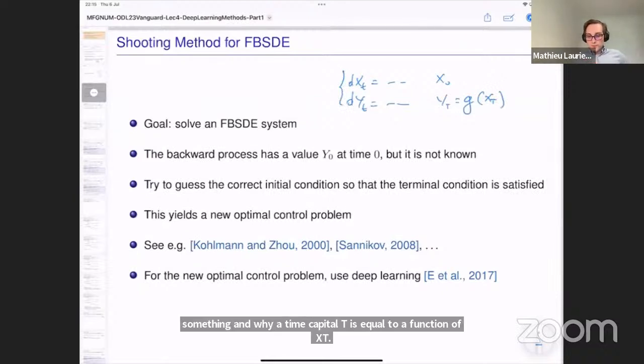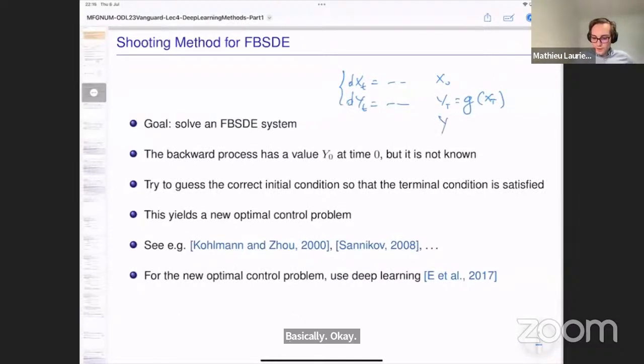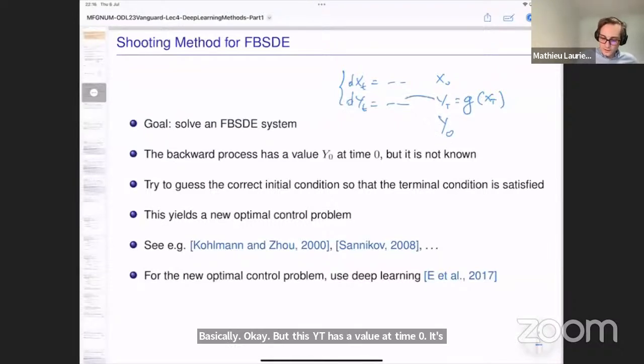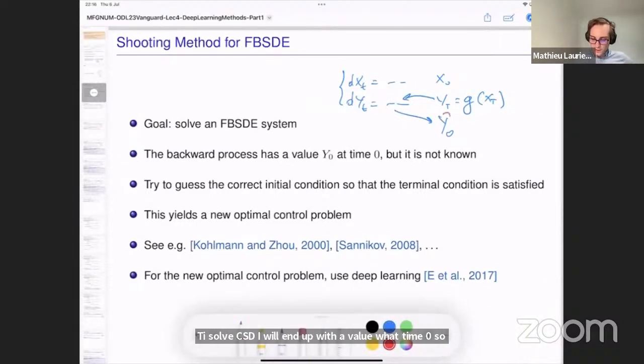Okay, but this Y_t has a value at time 0. It's just I don't know it, right? But if I start from terminal time and solve the SDE, I will end up with a value at time 0. So maybe what we can try to do is to guess the value of Y_0, because if I have Y_0, then it becomes a forward equation. I can solve it forward in time. So this will be the intuition. We try to find Y_0 such that the terminal condition is matched, and we will use that as a